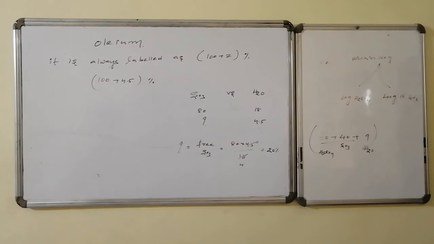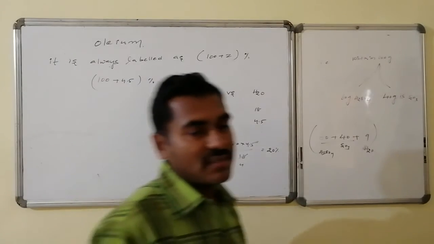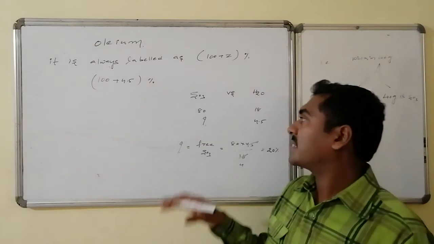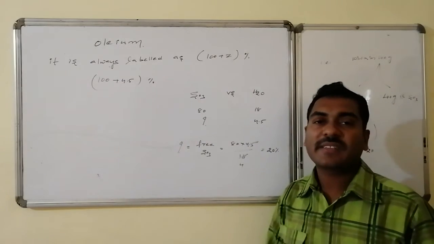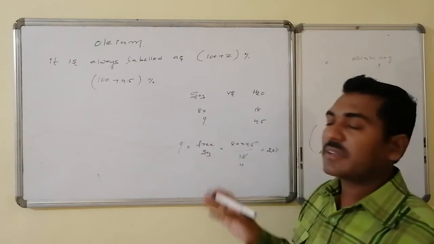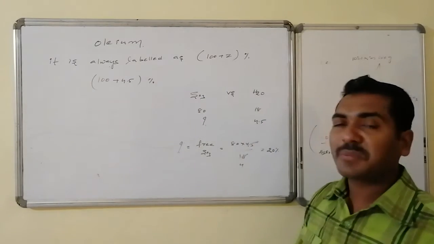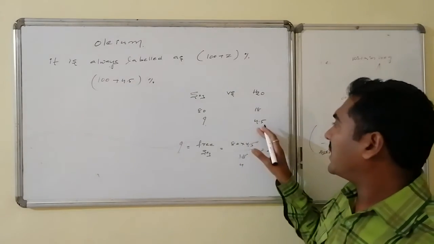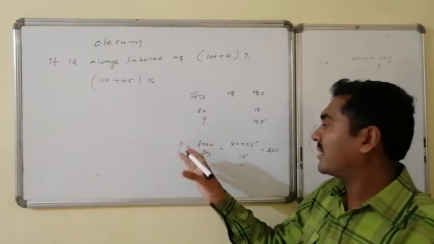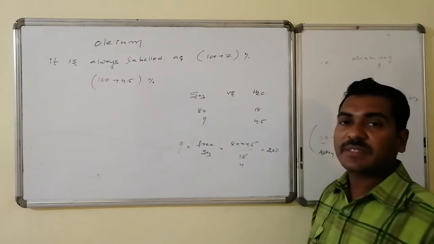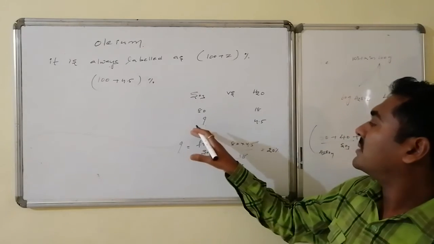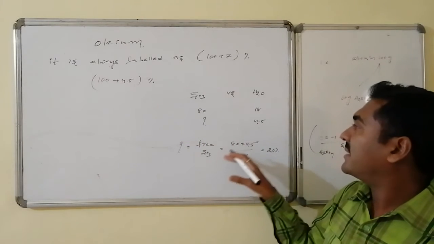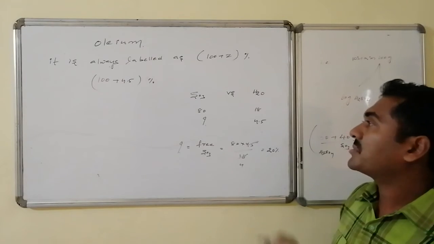The next problem: an oleum is labeled as 100 plus 4.5 percentage. The meaning is the amount of free sulfur trioxide present in 100 grams of mixture can combine with 4.5 grams of water. That is a standard relation between sulfur trioxide and water in the formation of sulfuric acid, 1 mole versus 1 mole, 80 grams combines with 18. But now here I am not having 18, I am having 4.5. So 4.5 combines with how many grams of sulfur trioxide, on cross multiplication? Free sulfur trioxide into 18 equals 80 into 4.5. Free sulfur trioxide is 80 into 4.5 by 18, that equals 20 percentage.